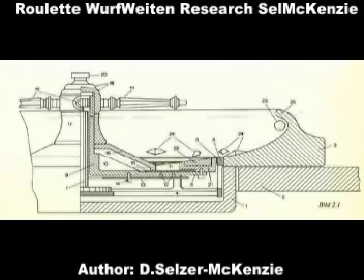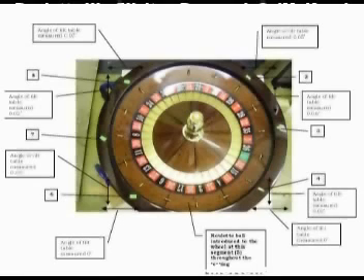A simple way to prevent these devices from having any effect at all would be to call no more bets as soon as the ball is spun. Alternatively, as the predicted number is not known until shortly before the ball falls from the rim, the practice of calling number plus neighbors where the croupier then places the necessary bet could be stopped. This would make it difficult for the person using the device to place the bet on the predicted number and the neighbors,